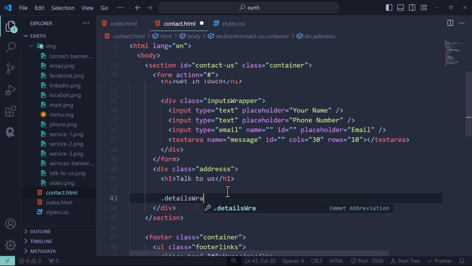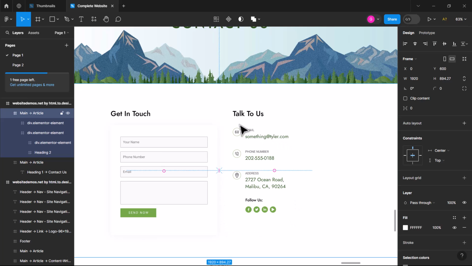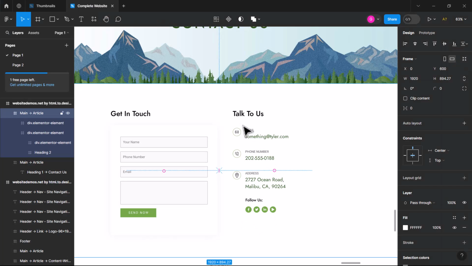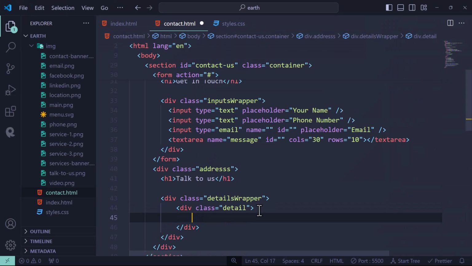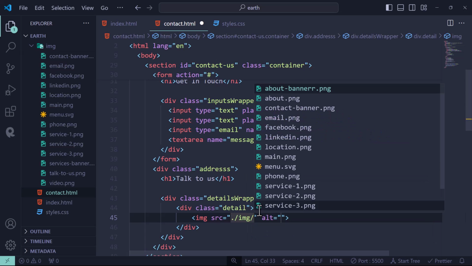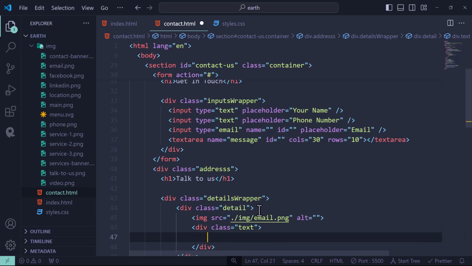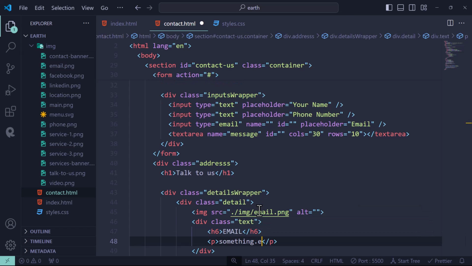I'll create a details wrapper, and inside this details wrapper we have this detail. So inside that detail, closely observe, this entire thing is address, and inside that we have this h1 and this details wrapper, and inside that details wrapper we have this detail, and inside this detail we have this icon and this text. So inside this detail I'll create an image. This should be inside images email.png, and for the detail text I'll create a div with a class name of text, and inside that let's create an h6 with email at example.com, with some random email,